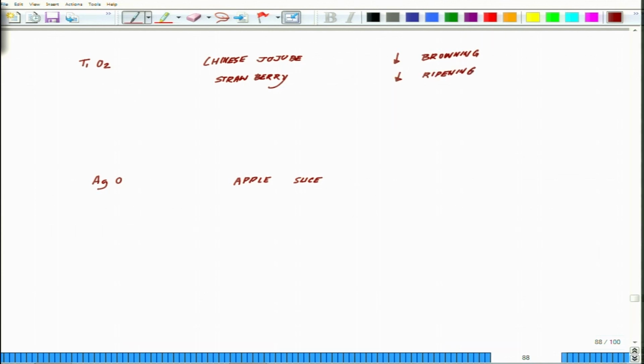So you can use this as an effective packaging material to transport